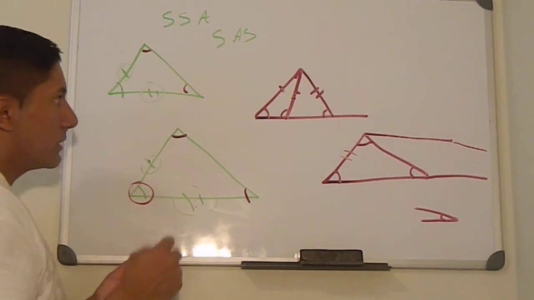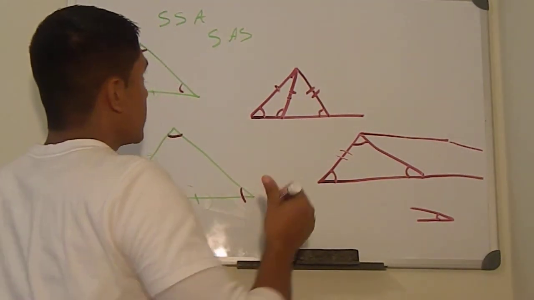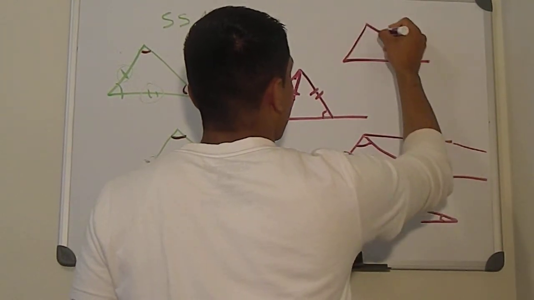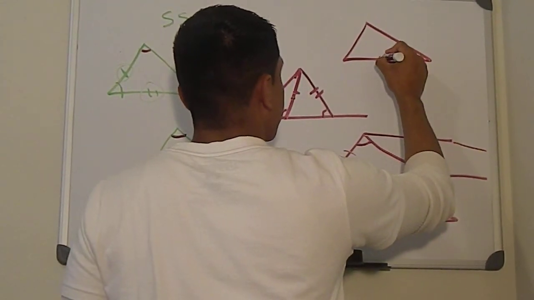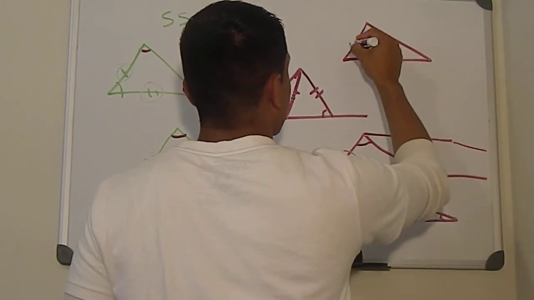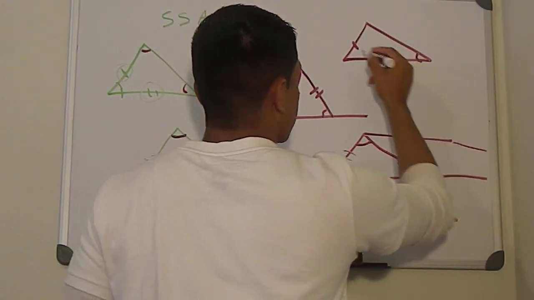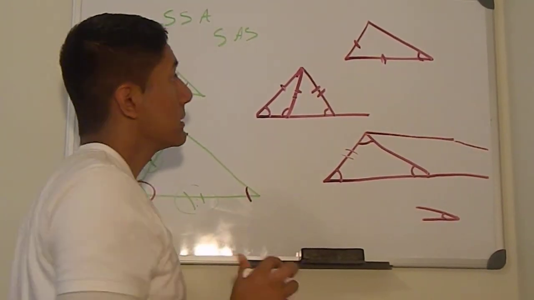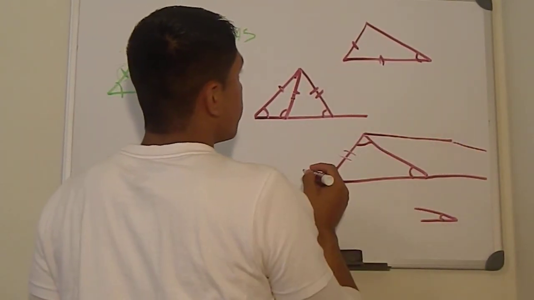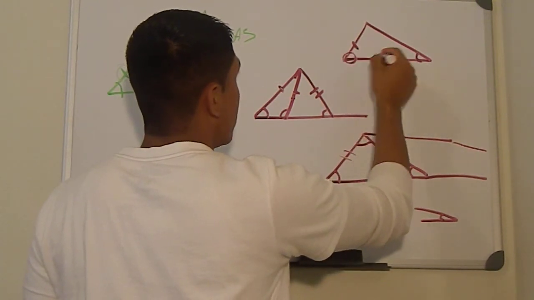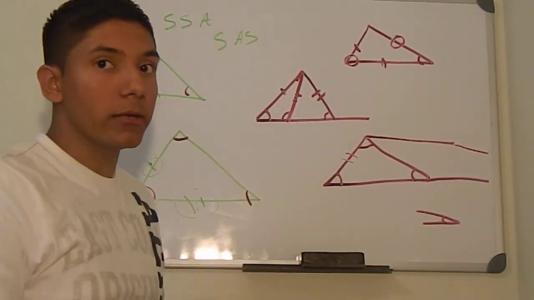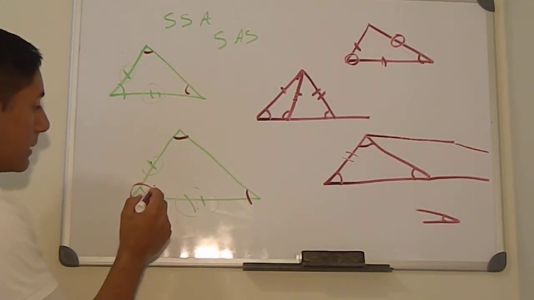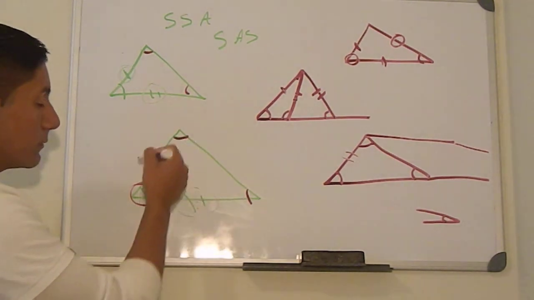So that might be a little confusing. So let's go back to this example, the side-side-angle. The problem with this one is that the relationship between this angle and this side is completely unknown. You see, in this example, every side was corresponding